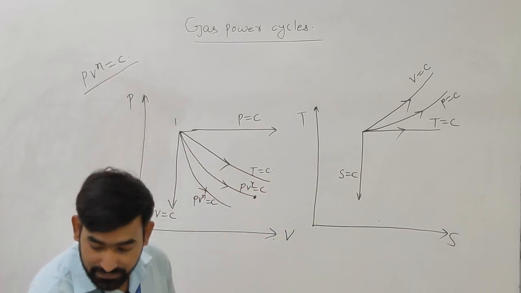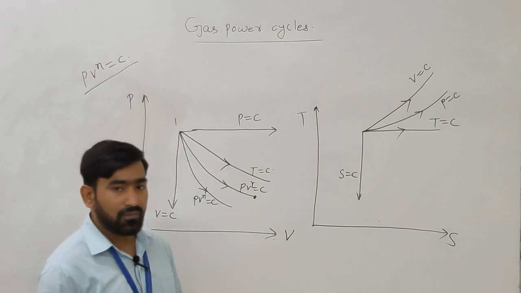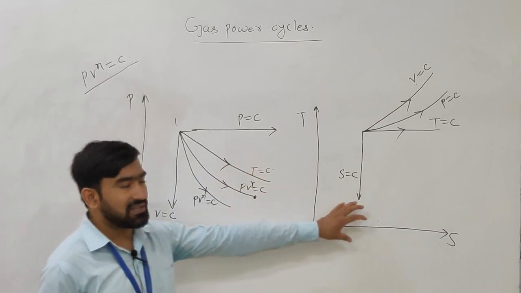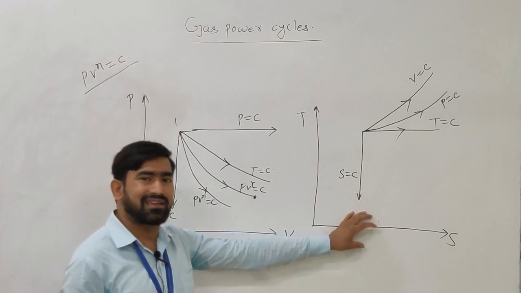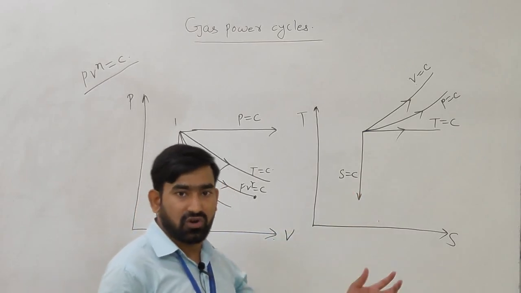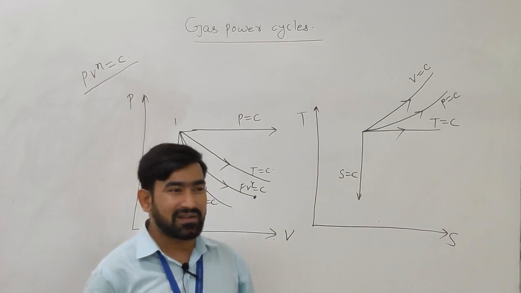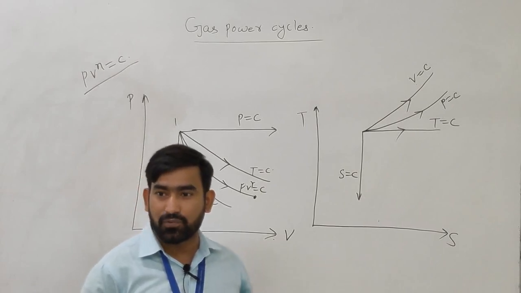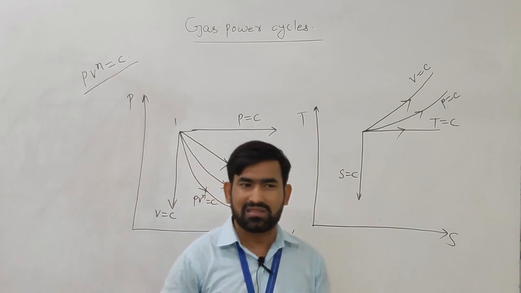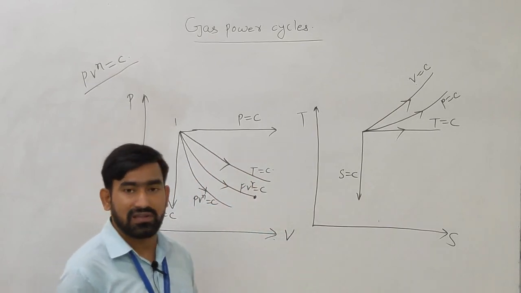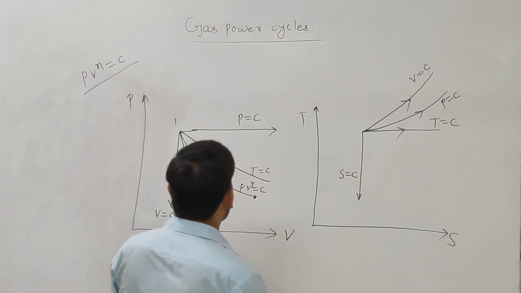First of all, we will discuss the Carnot cycle, and we will see how, with the use of this PV diagram and TS diagram, all these cycles can be drawn. Most mechanical students get stuck on this concept. They try to remember the processes in all the cycles, but here you don't have to remember the processes. You only have to see these two diagrams in your mind and you can draw all the cycles, Carnot, diesel, dual and all.